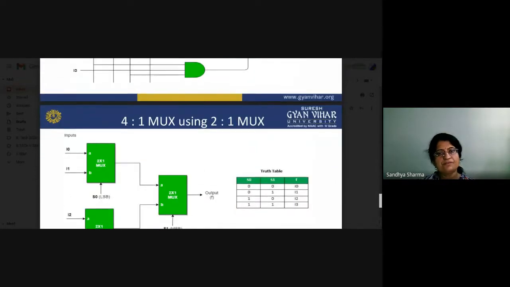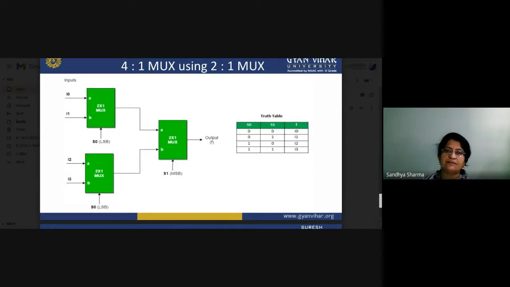Now suppose you have a 4 to 1 multiplexer. You can also design your 4 to 1 multiplexer by using 2 to 1 multiplexers. What about the 2 to 1 multiplexer? It has 2 inputs and 1 output. The selector line is only one, so you can give either 0 or 1, and there are two input signals I0 and I1.